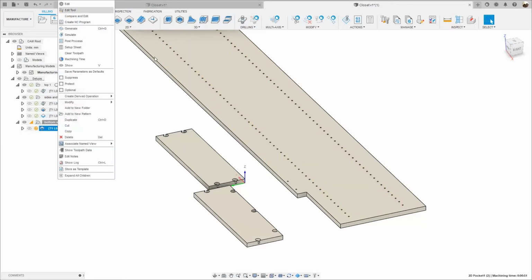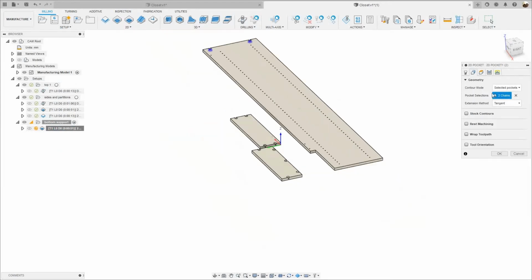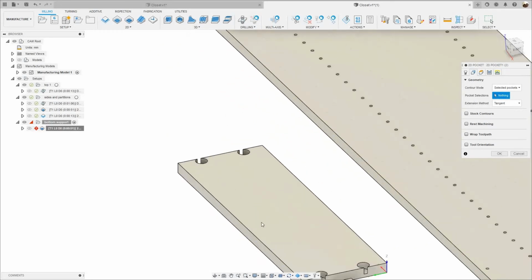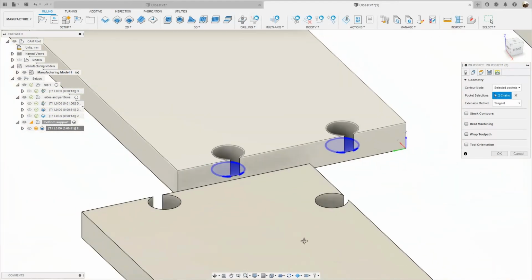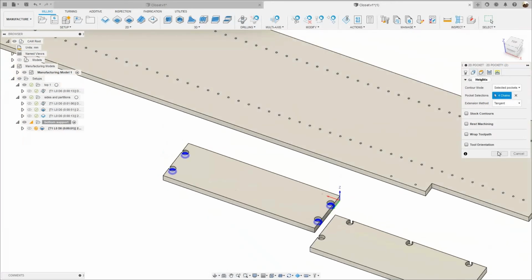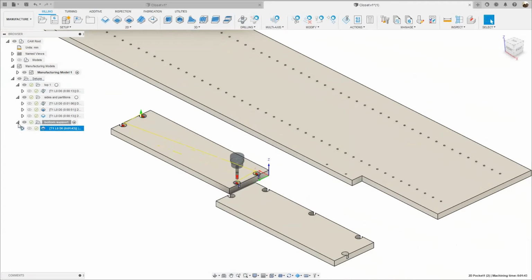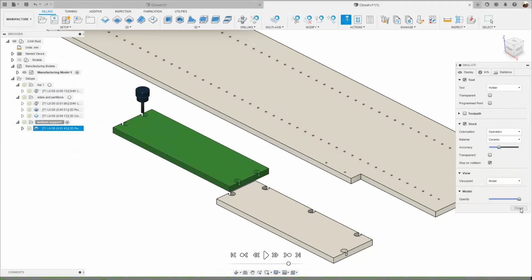Select the 2D pocket, right click, edit, and under geometry, okay, I'm gonna zoom out, and I'm gonna click on the X to clear that selection out, and I'm gonna select this face, zoom out, rotate the model, this face and this face, zoom out, and I'm gonna click OK. That's it. All right. That's the third program. Okay. I'm gonna right click, simulate that toolpath. That's it. I'm gonna close this,